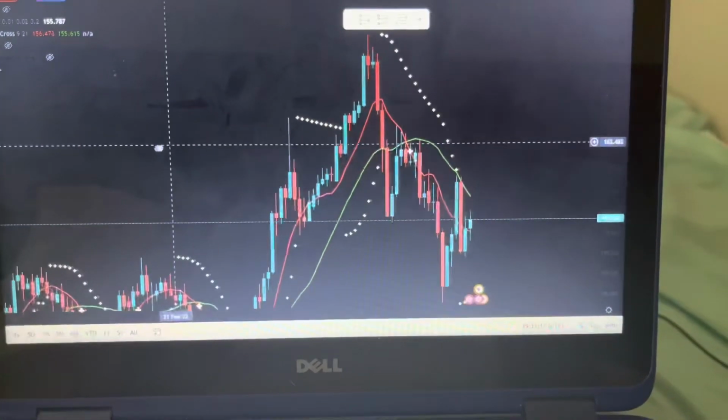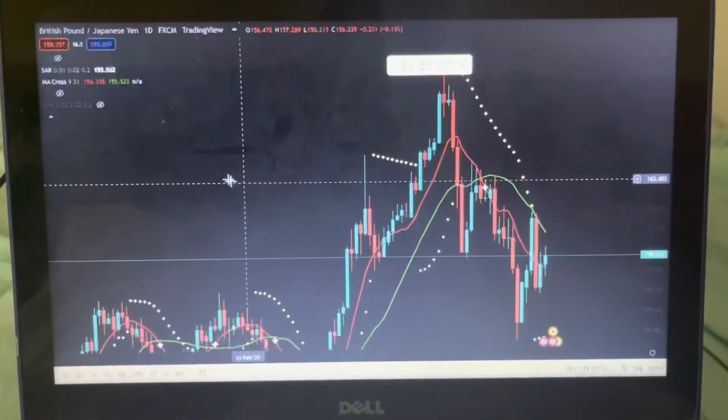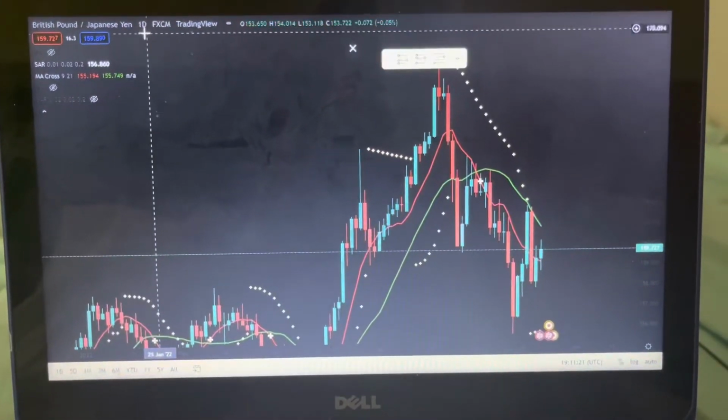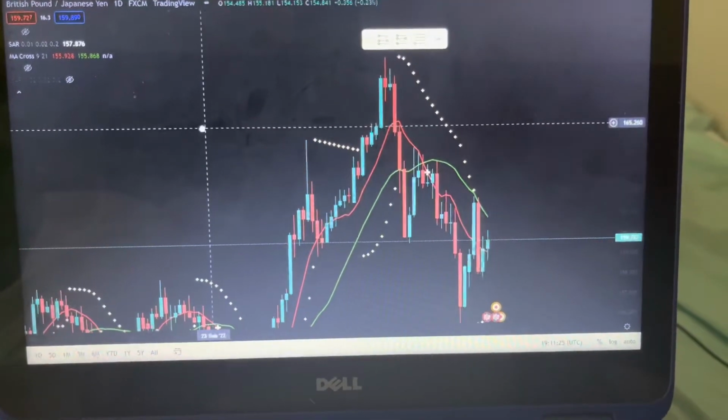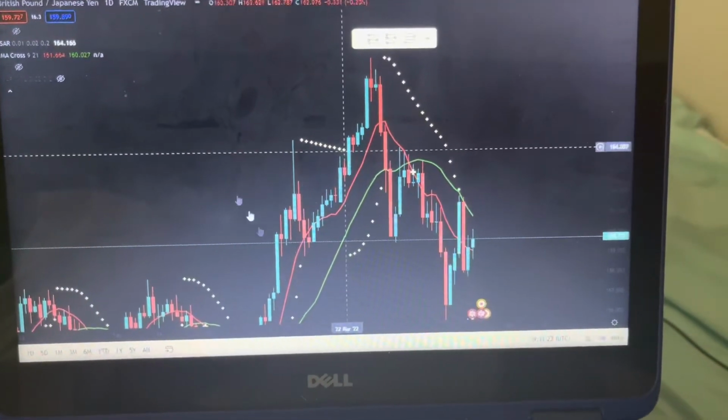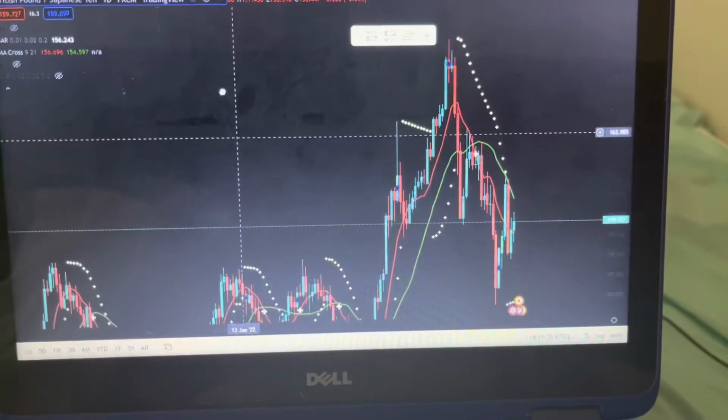I'm about to explain support and resistance very quickly. As you see, I'm on the daily time frame. I go on the daily so I see where the price is going overall, day by day. So if you zoom out,